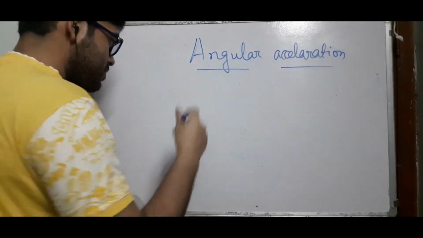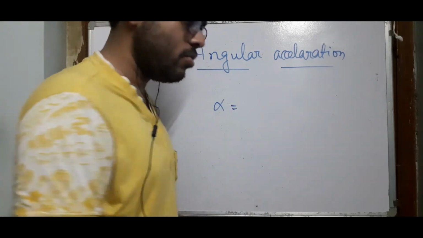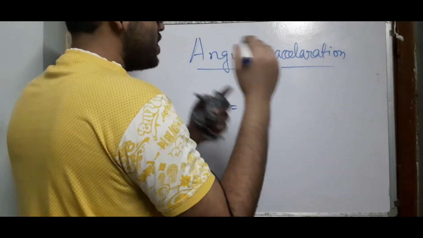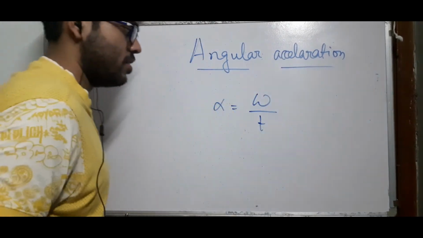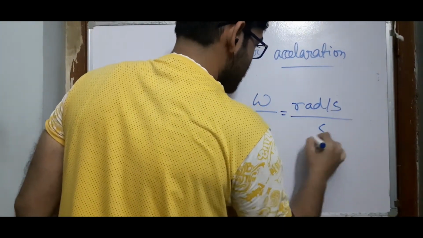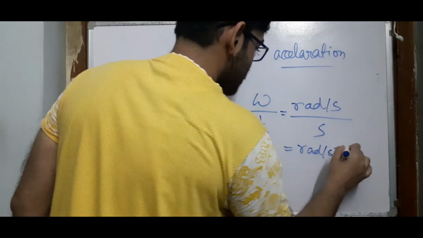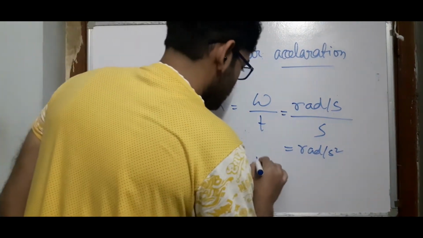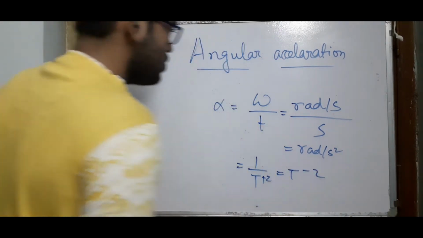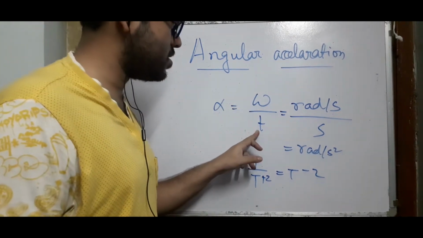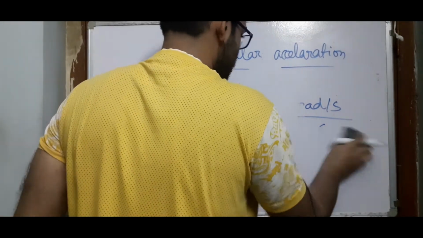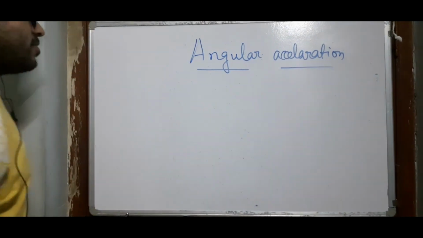So what is its dimension? When you are determining dimensions and units, you will use just the basic result, that is omega divided by t, for convenience. Omega has a unit of rad per second, time is measured in seconds, so it is rad per second square. The dimension is 1 over t square, equal to t to the power minus 2, because omega has the dimension t inverse and t is t, so t to the power minus 2. These are very simple things, everybody knows these concepts.